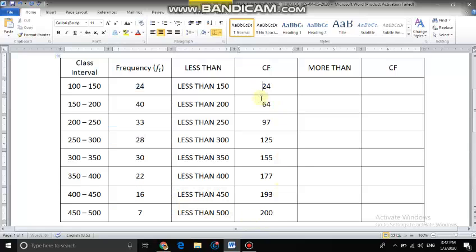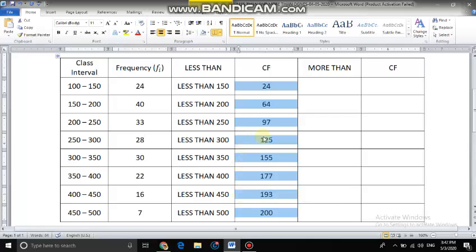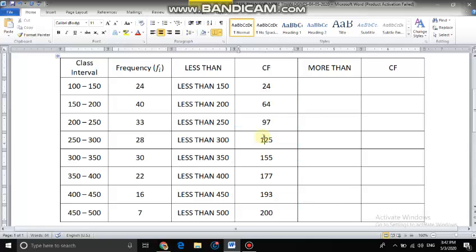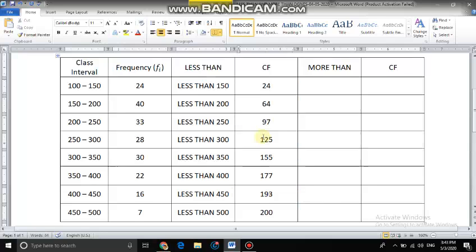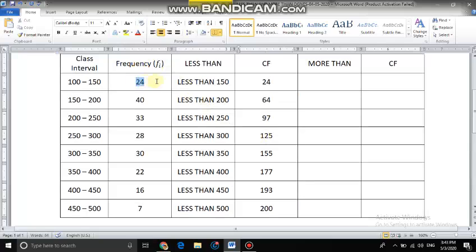If you recall, these numbers are found similarly to how we found the cumulative frequency when finding the median. So the less than type and the process used in the median to find the cumulative frequency are the same, but there I did not use the words less than type, and here we have to use it. In the less than type, the first number of the frequency and the cumulative frequency will remain the same. But from the second number onwards, here the second number is 40, here the second number is 64. The 64 I am getting by adding all these numbers.